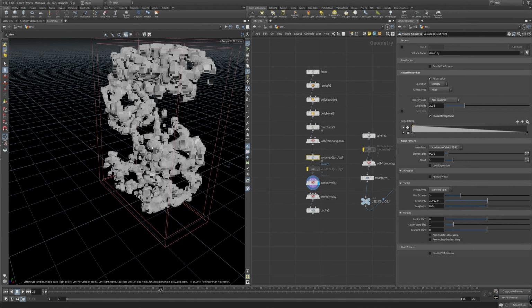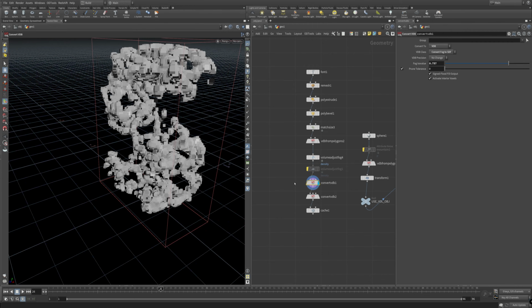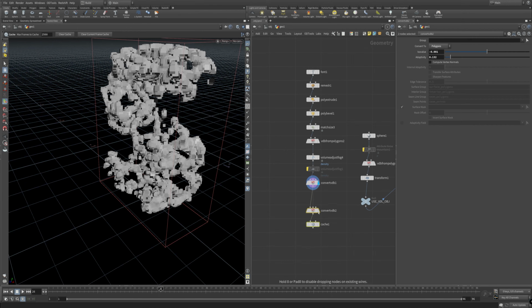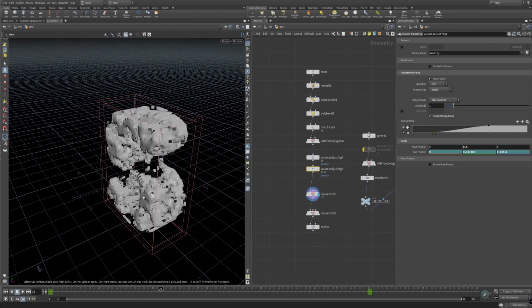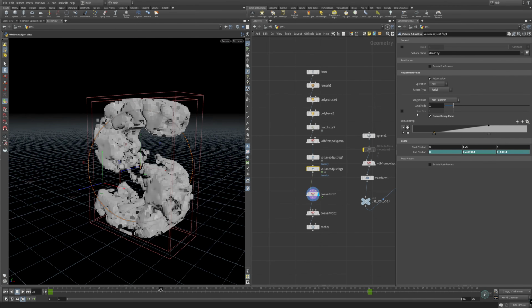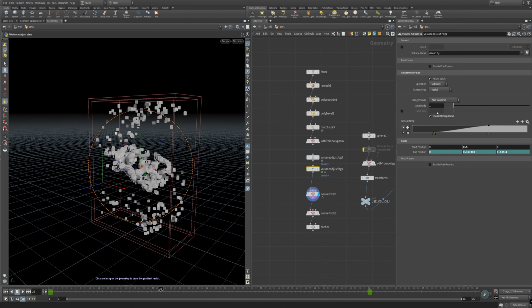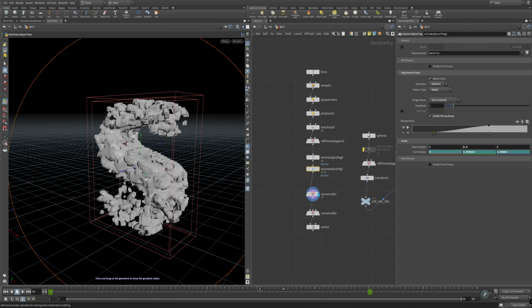But yeah, you can do all the same kind of manipulations once you convert it back. If you want to add a smooth in here, or erode it, or dilate it, or any of those things, once you convert it, you can still continue with those operations if you're used to that. But yeah, we've got a noise in there. And down here, the only thing that we're doing is controlling how that noise falls off or is added in, etc., etc. I must have been messing around before recording this, because this should actually be subtract. And this kind of just grows on like that.